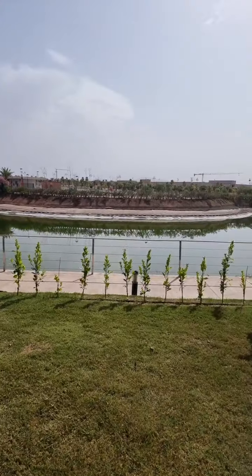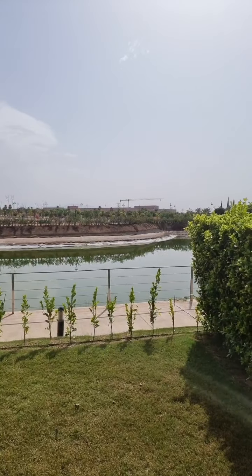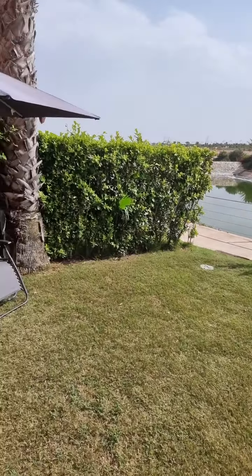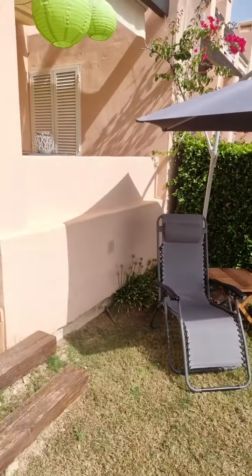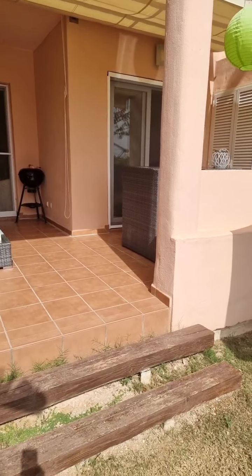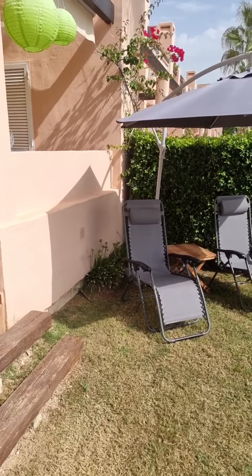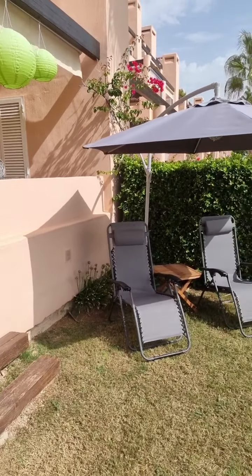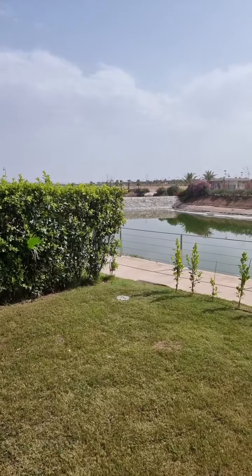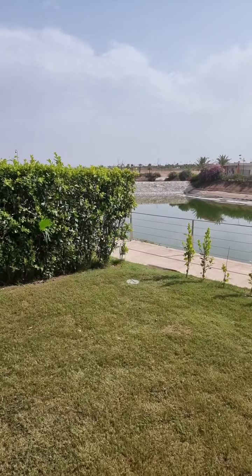As you can see here, in the background is the commercial center Alcazar. You see the crane over there, and below the crane, this is the Alcazar Commercial Center. There you find a Spar supermarket. You find several restaurants like the Copa de la Cata and the Big Cheese American restaurant. You find several bars like the Clover Bar, which is also doing food now. There is the Aqua Bar, there is Sky Bar, and as well El Rincon, which is the bakery. They're open pretty early in the morning and provide us with morning coffee, fresh bread, croissants, you name it, we have it. On the Alcazar you also find a furniture shop, Paco Molina, also providing all kinds